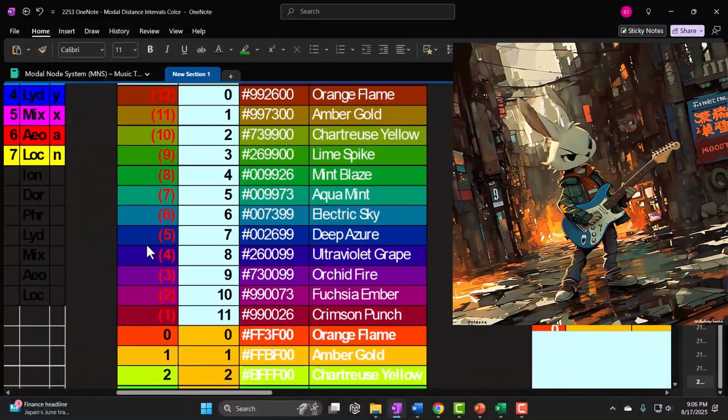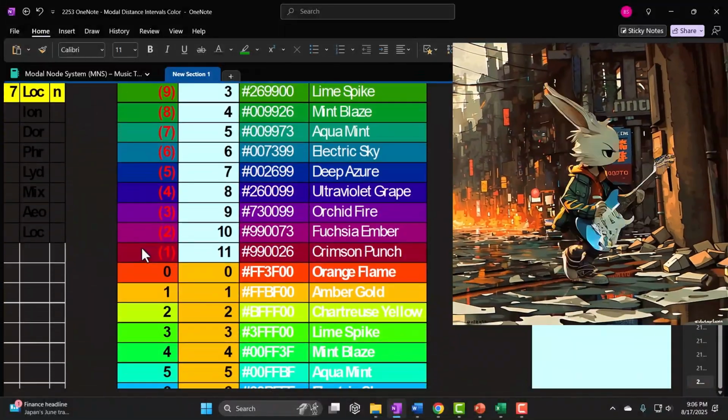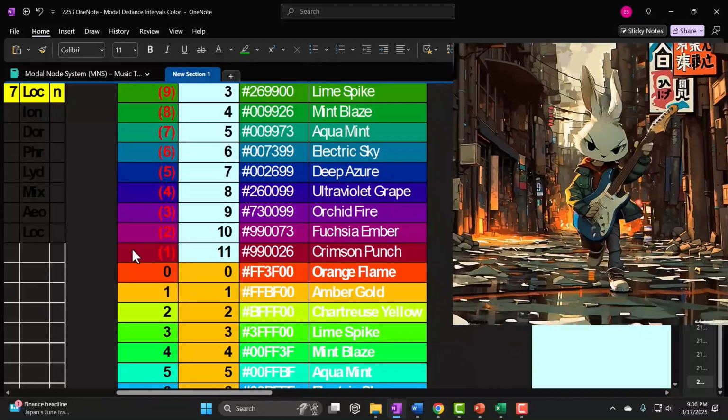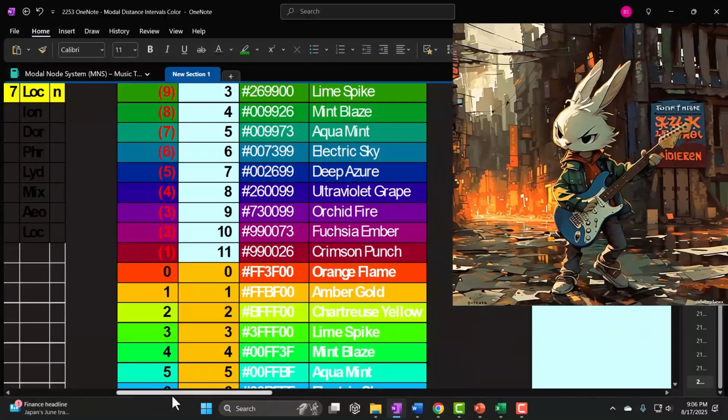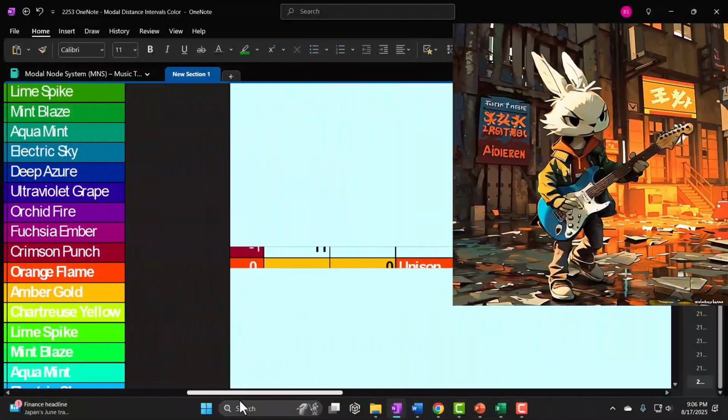So these are the distances that we want to then use to define, in essence, intervals. So intervals become our distance naming convention. So we have this